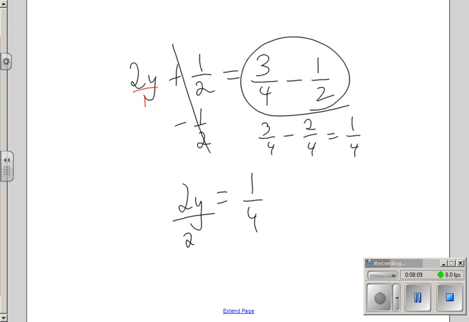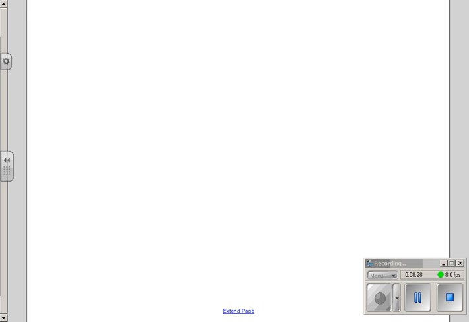I'm going to divide this side by 2. I'm going to divide this side by 2. I end up with y equals, can't divide by fractions, so I multiply by the reciprocal, because it was 2 over 1, now it's 1 over 2. And my answer is y equals 1/8. Okay, that's the first method. Hopefully that's what you did for that. Now for the second one,